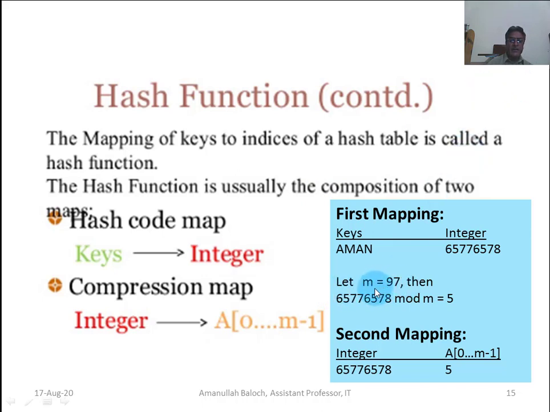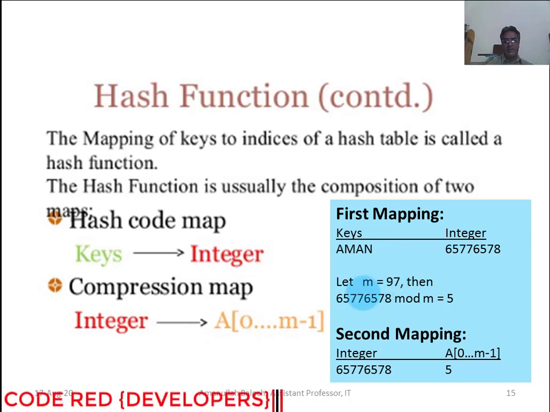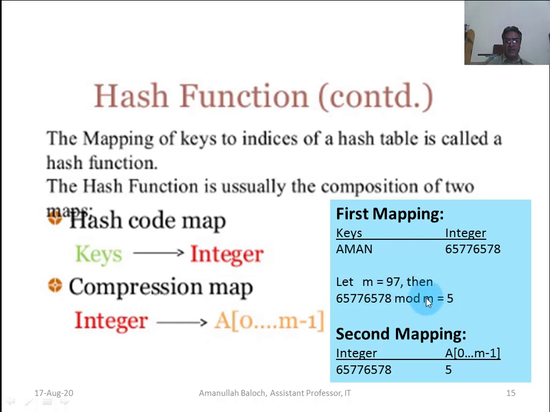Let the largest prime number in 100 memory locations be 97. Then this integer value mod M, with M equal to 97, gives a remainder of 5 when divided by 97. This 5 is the hash value. This is the second method.